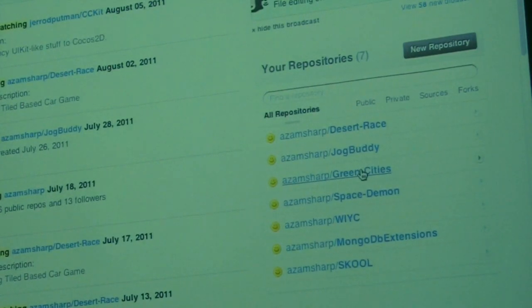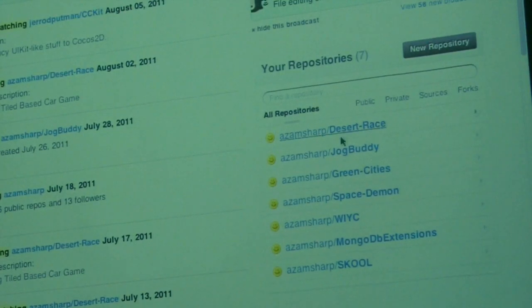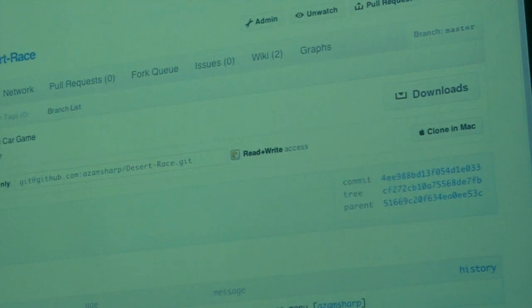It will just plot on the map all the green cities. And for some reason, LA is like number 2 or number 3. Jog Buddy is the application I'm currently working on. It basically plots where you are jogging outside in the street. Okay. So all the code is available. Download it, use it,